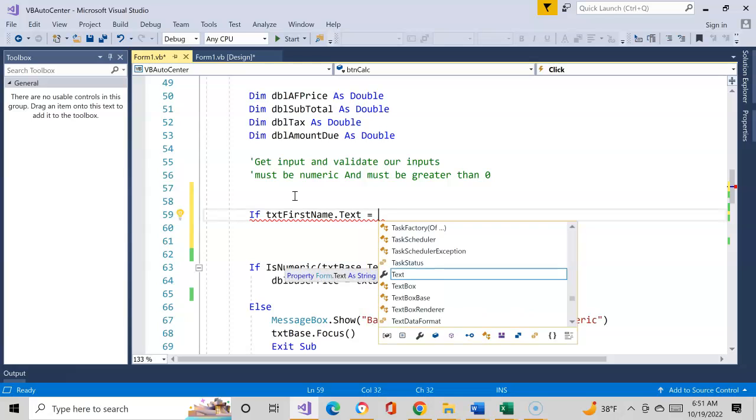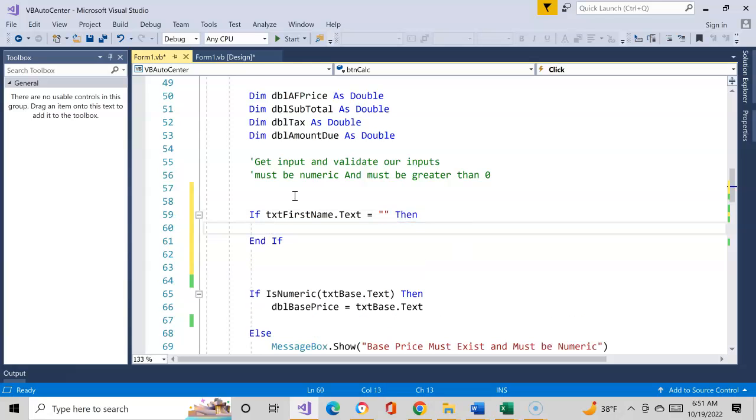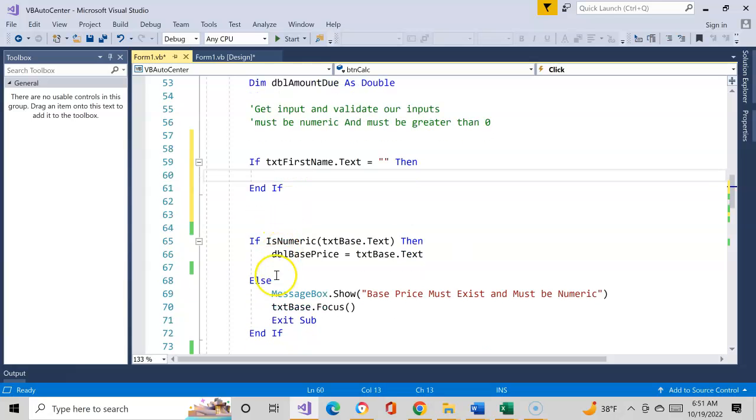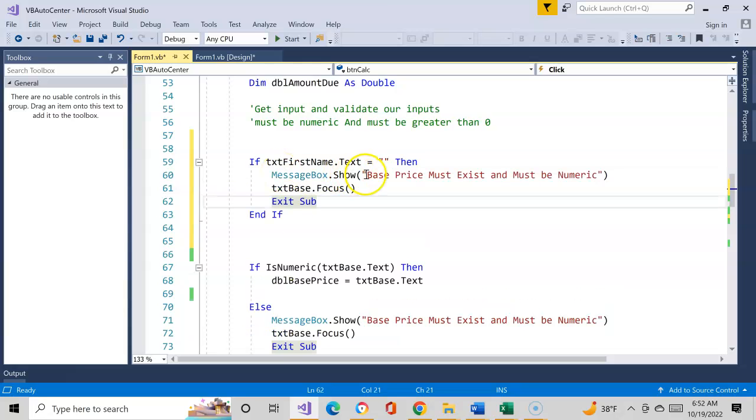There's a couple different ways of doing it. We can just put single quote, double quote, which basically says, is it a null value? Is anything put in there at all? And so if it is a null value, that means it hasn't been put in there. So I'm going to go ahead and do a little cutting and pasting myself. And I'll come up here and I'll modify this and say first name must exist. Okay, or maybe first name must be provided. However, whatever you want to state is perfectly fine with me. Okay, just make sure once again it's spelled correctly. There you go,